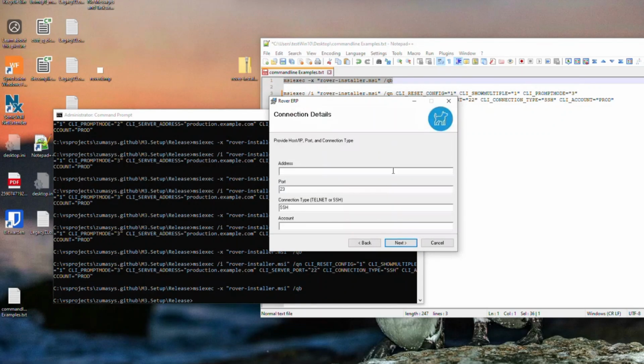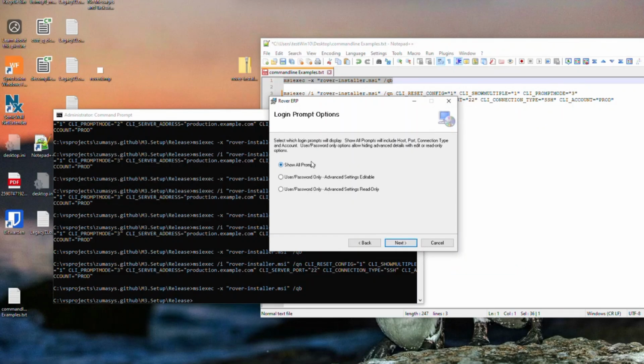So if we proceed, this was the same setting that we always had. We're going to change some defaults here to make this SSH instead of Telnet, and we need to adjust the port. So that's the standard connection type and port that we normally use. But now you get these three options. So previously, this was a list of 4 fields that you could choose to hide. Now you have the option to show all prompts,